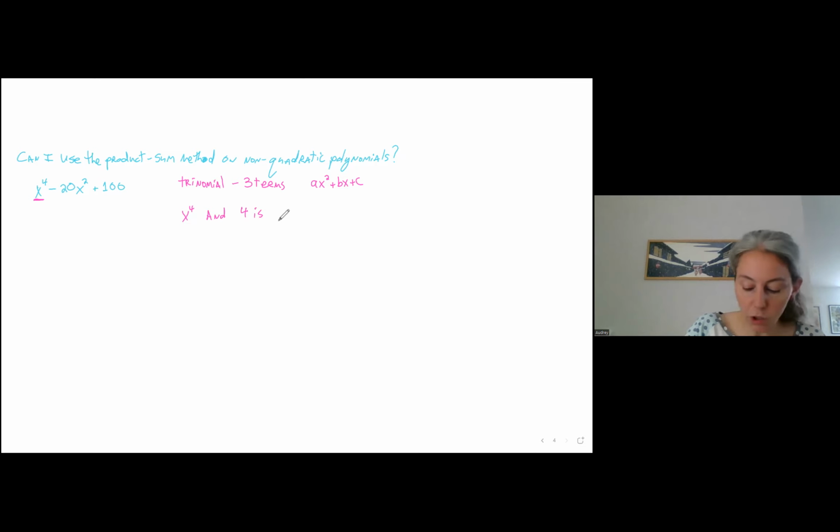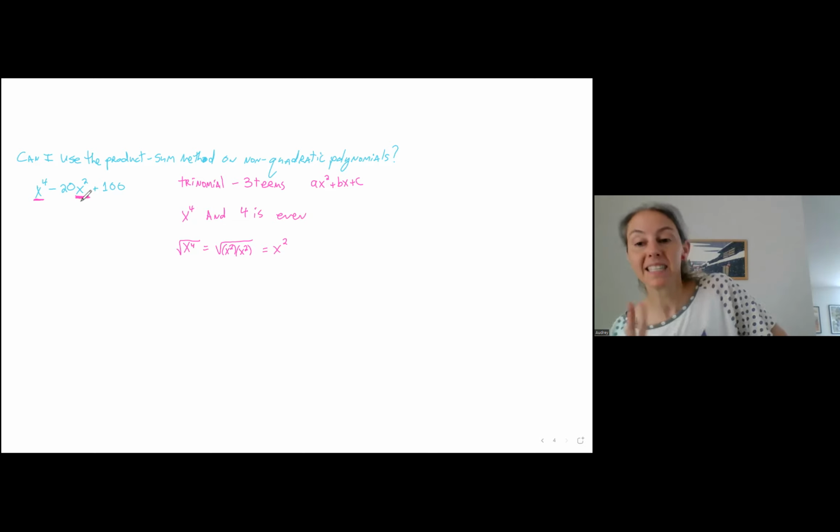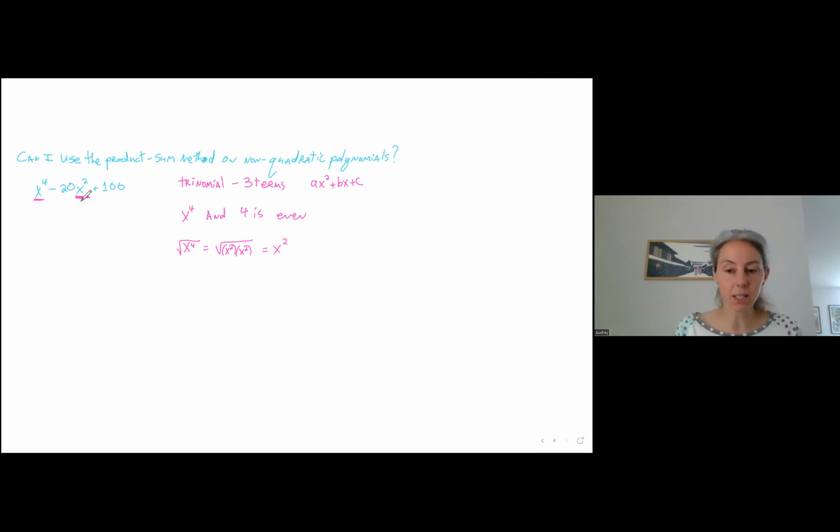is actually the square root of x to the fourth. So if I want to look at the square root of x to the fourth, that's like the square root of x squared times x squared, and it equals x squared. So in other words, the x squared that shows up in my second term is the square root of the x to the fourth from my first term. Now, all 3 of these things together are the thing that allows me to use the product sum method on